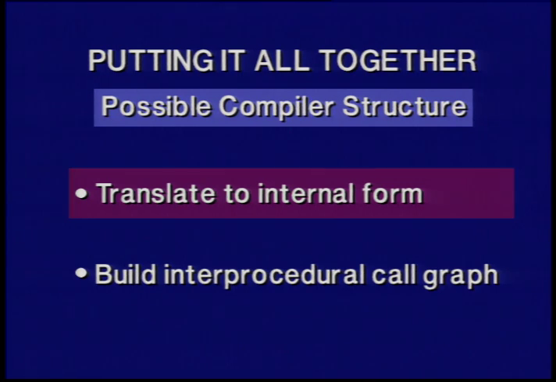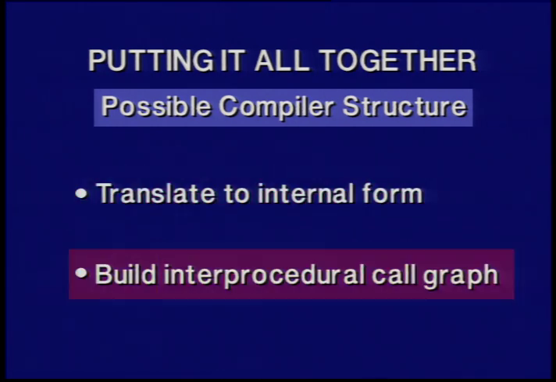We can, of course, translate into some internal form. The preferred internal form is very close to the source form, where one actually has the subscripts, can see the do loops, and has the information in quite a compact form, because one needs to be able to look at a lot of information. One doesn't want to have expanded it out to some very low-level text form, which may be more suitable for a more machine-dependent optimizer, where you're interested in moving loads out of loops and so forth. You really expose much too much information at that level. One wants to be able to look at a much higher level internal form. Having translated it into that internal form, then one can build an interprocedural call graph.